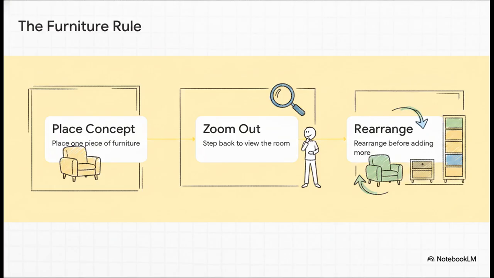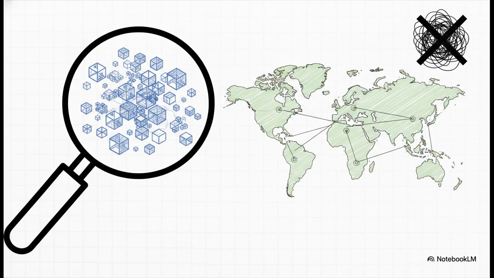The absolute secret to making this work is to zoom in and zoom out frequently. You zoom in to add those fine details, sure, but you have to constantly zoom out to check the big picture. Doing this gives you these frequent, built-in opportunities to restructure and clean up your map way before it turns into some messy, overwhelming spiderweb.